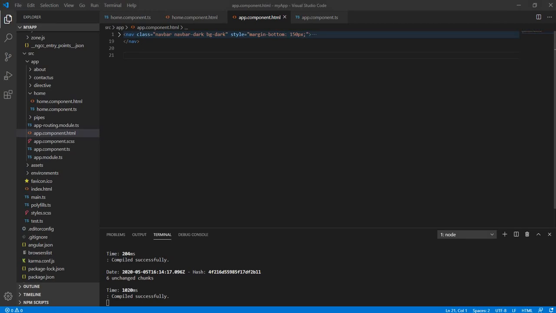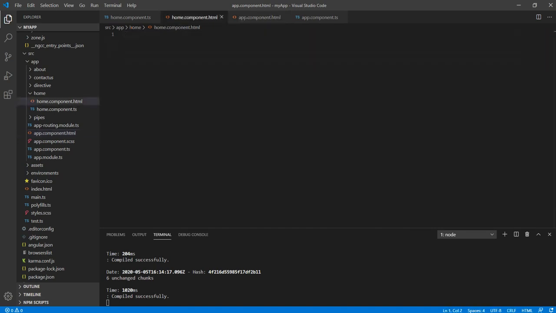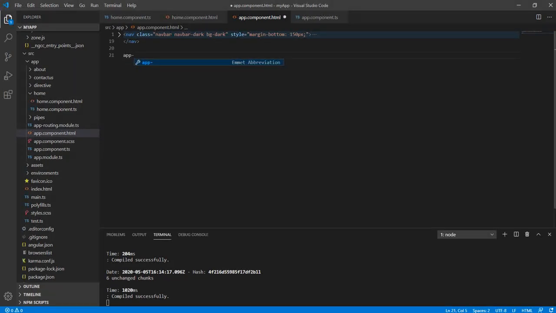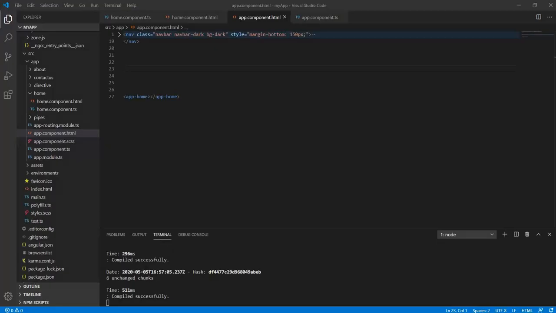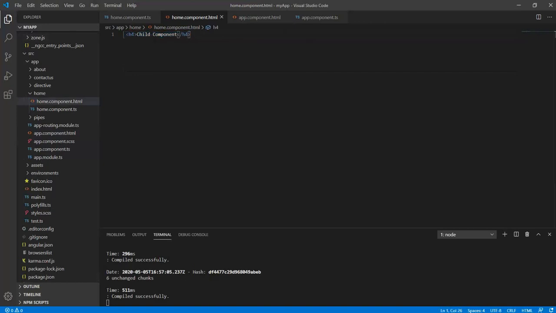Now what we'll do, we'll just create a small HTML in app.component, and this home component will treat this as a child component. So what we have to do to make it as a child, we'll just refer this component in our app.component. Just call it by a selector name. So we have called it, but since we have not added any HTML, so we need to do that. So we have just added a child component text and home component. Now we'll just add some HTML in app.component.